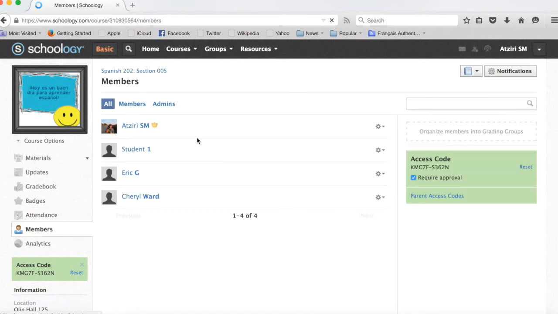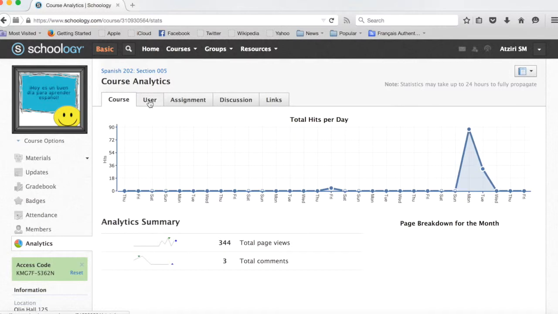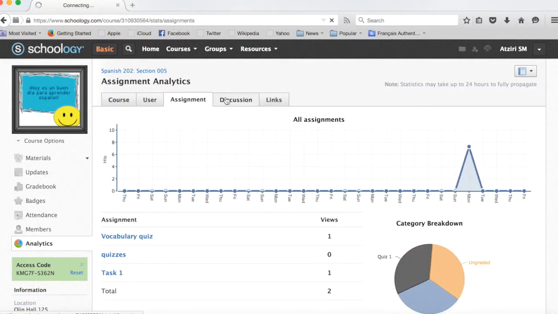Members. Under members, you can see all your students or parents that have added, that are able to see your course. Then you can also see analytics to check a student's progress. So for instance, if I click under the user tab, I can see when the students last logged in and the total amount they spent on the course and the number of posts that they created. I can also see by assignment or discussions,